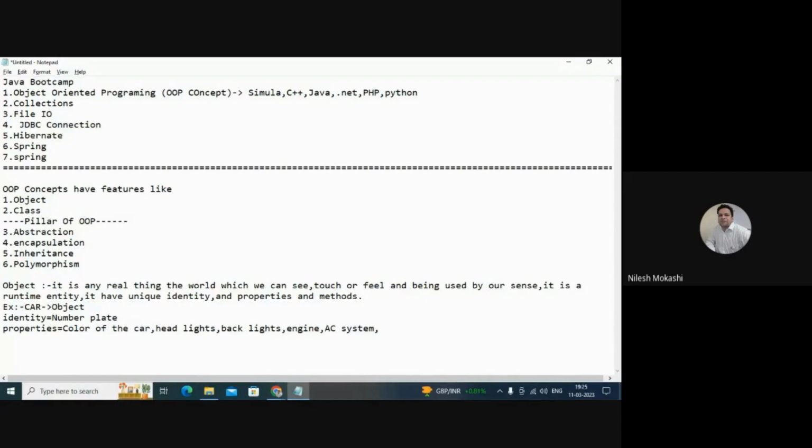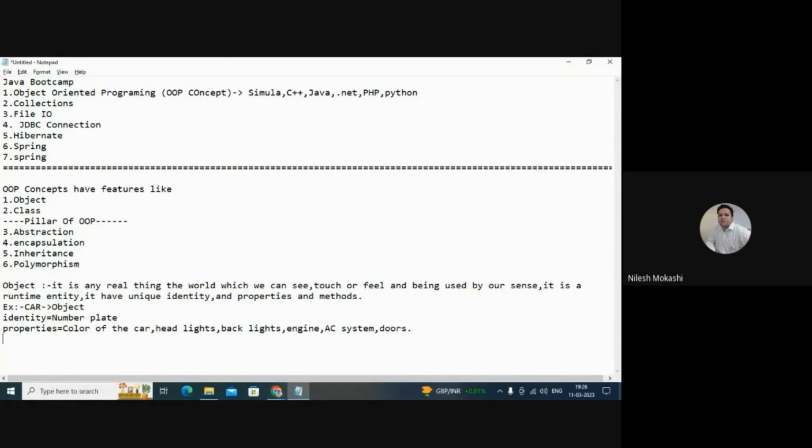Then doors. I have already mentioned color. So these many properties are enough to identify the car. If you present this many properties of a particular object, it will be very easy for me to identify what type of object it is.